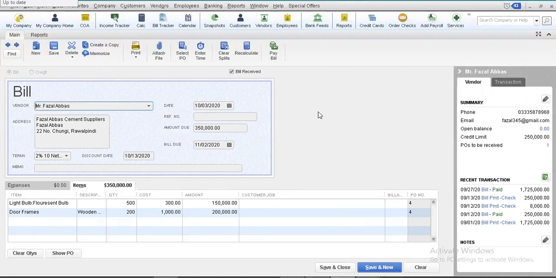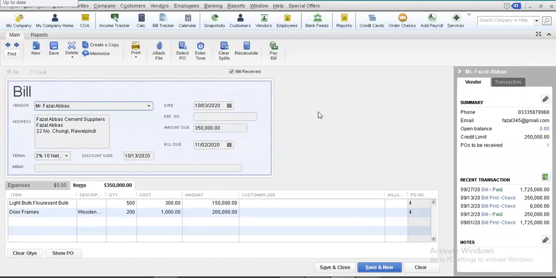Now my dear friends, there is one other important thing that I want you guys to know. There can be a question in your mind that why are we filling the bill by ourselves if our vendor has already delivered this to us? So basically, the vendor will deliver this bill to us either by mail or through an email or the normal post.